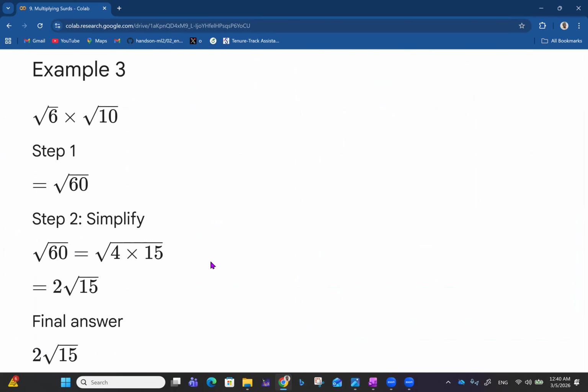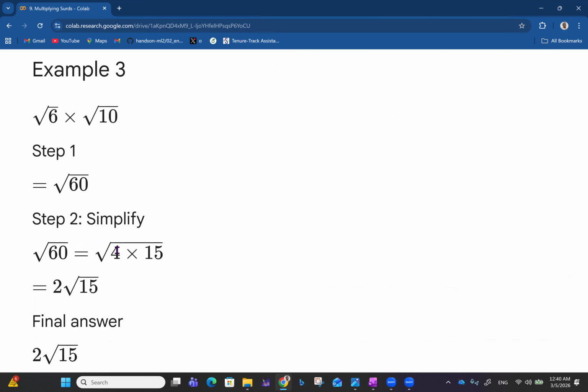Example 3, you have root 6 times root 10. In this case, you cannot factorize a square root out of 6, and you cannot factorize a square root out of 10. So the first thing you can do is multiply 6 and 10. The square root of 6 times the square root of 10 is the square root of 6 times 10, which is the square root of 60. Though you couldn't do it separately, from 60 you can factorize